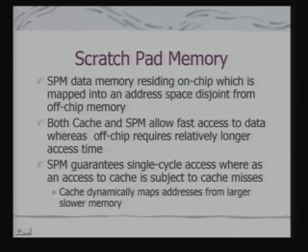Because I have got a small cache memory and the complete DRAM area is mapped onto the cache area, obviously, the entire DRAM is not stored in cache. So, there would be cache misses. When there is a cache miss, obviously, my CPU is not accessing data in one cycle. So, it is not guaranteed one cycle. But since SPM is occupying a part of the address space of the processor itself, the access to SPM is guaranteed to be completed in one cycle.